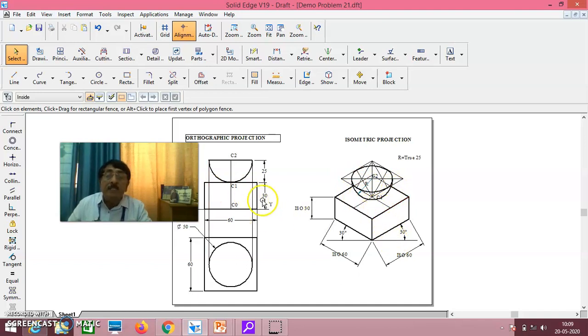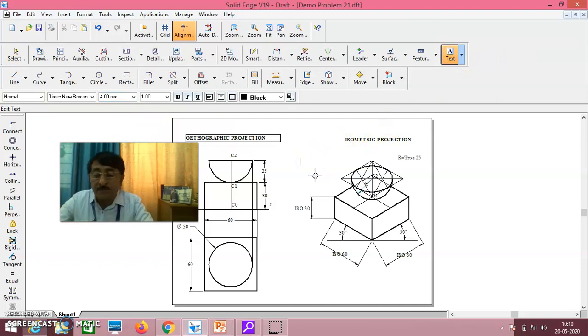But this C1 to C2, you know, this is C1. Can you observe? This is C1. This C1 to C2, you should clearly say C1 C2 is equal to 25 ISO.